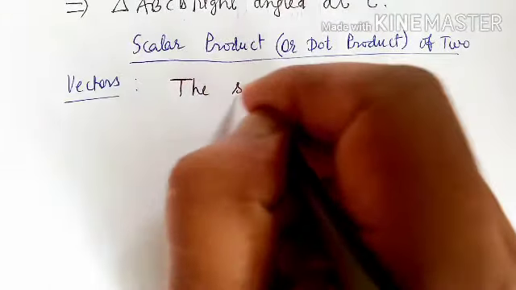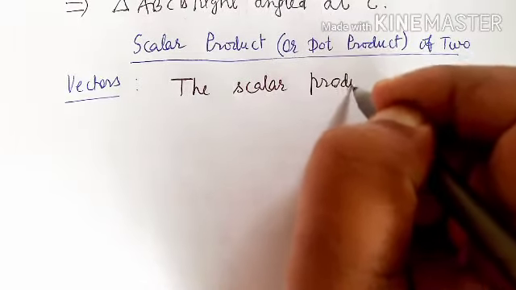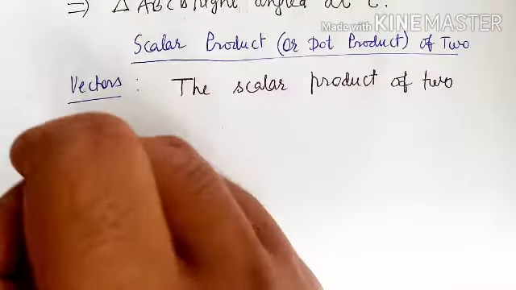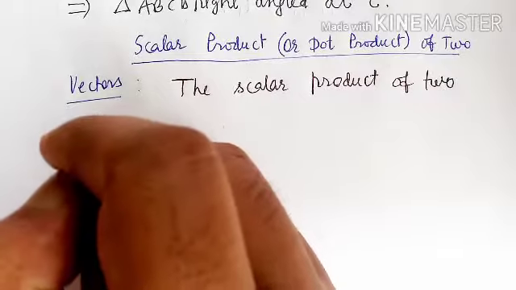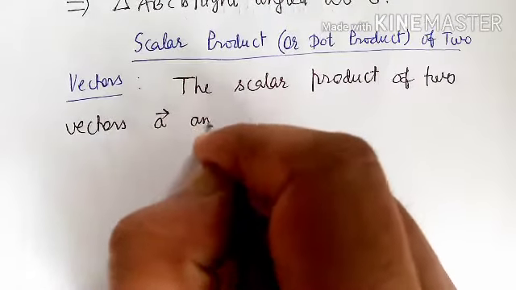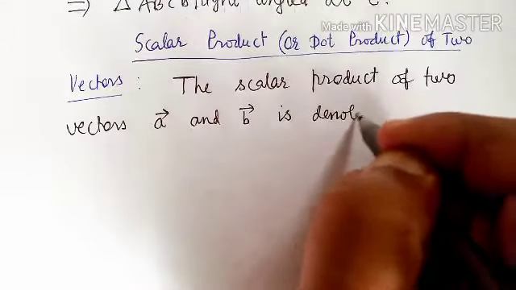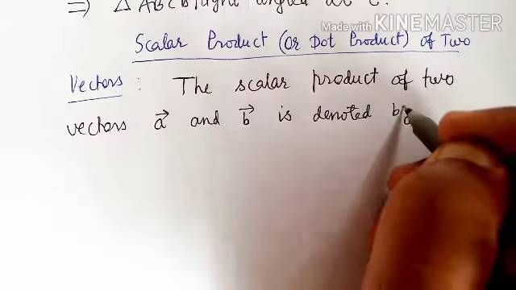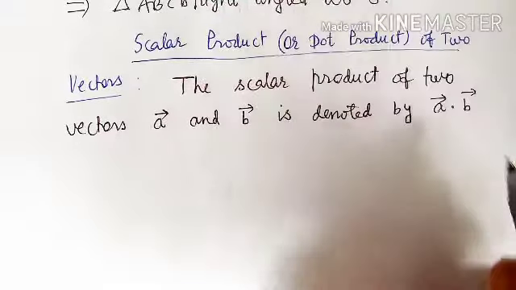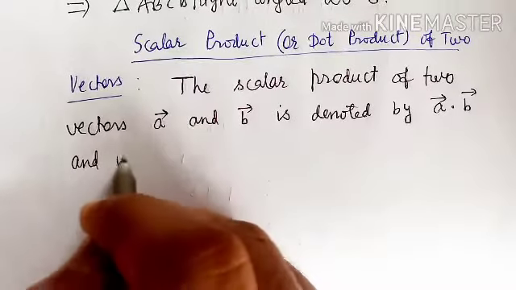The scalar product of two vectors, vector A and vector B, is denoted by vector A dot vector B. That's why it is also called dot product, and is defined as